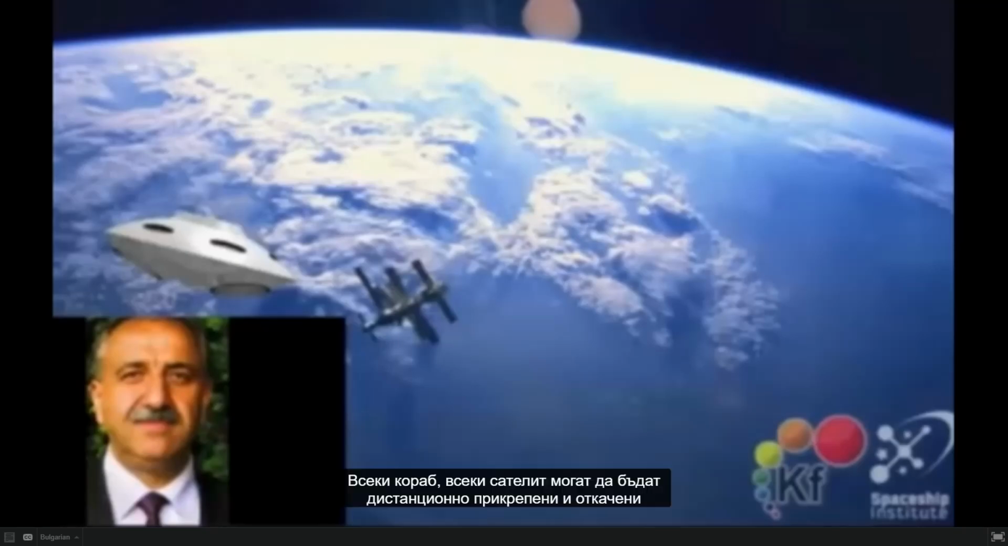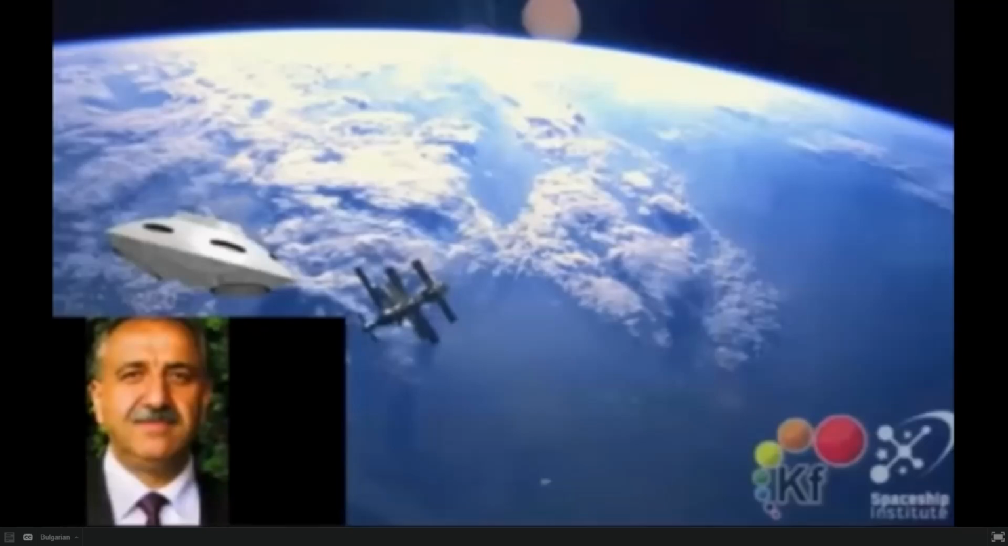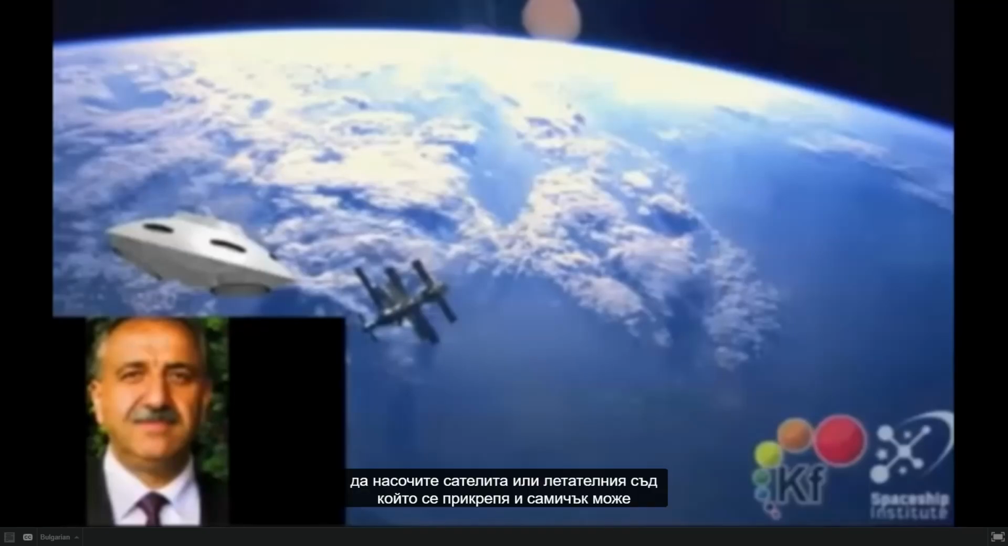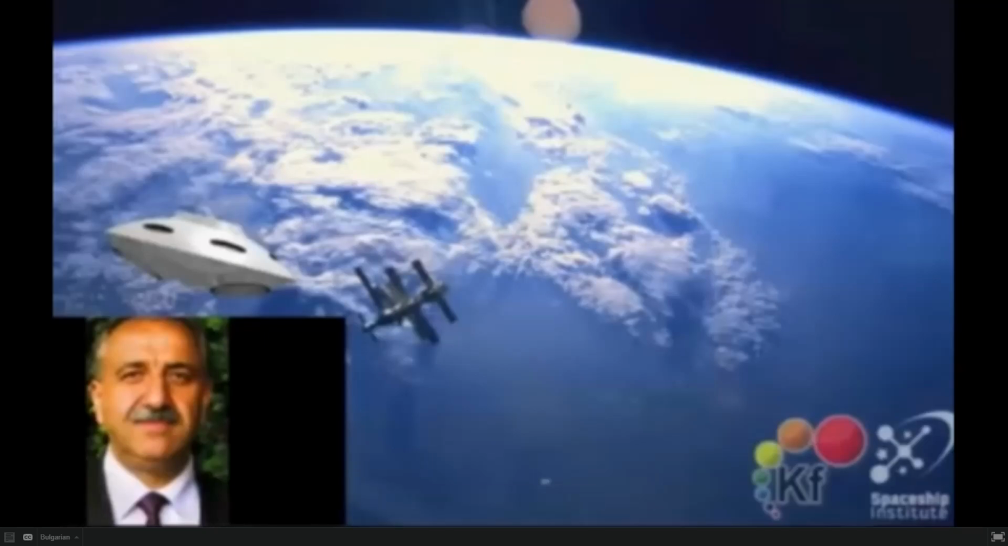Every craft, every satellite can be literally remotely attached to and removed through the same process. You create a condition that you can literally target a satellite or a craft, which gets attached to, and on its own you can remove it without ever coming back to you. If a satellite is contaminated, a body contaminated with radioactivity, you don't want to bring it back into the spacecraft. You launch a remote craft, which can leave your spacecraft in a safe condition, and still you don't lose your